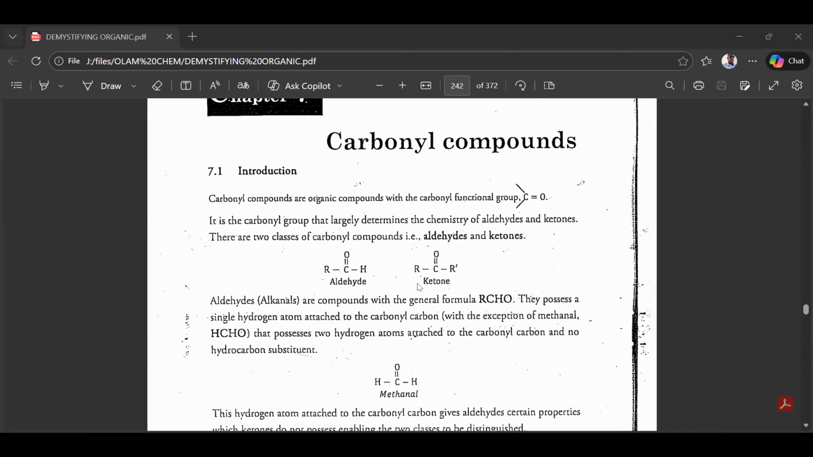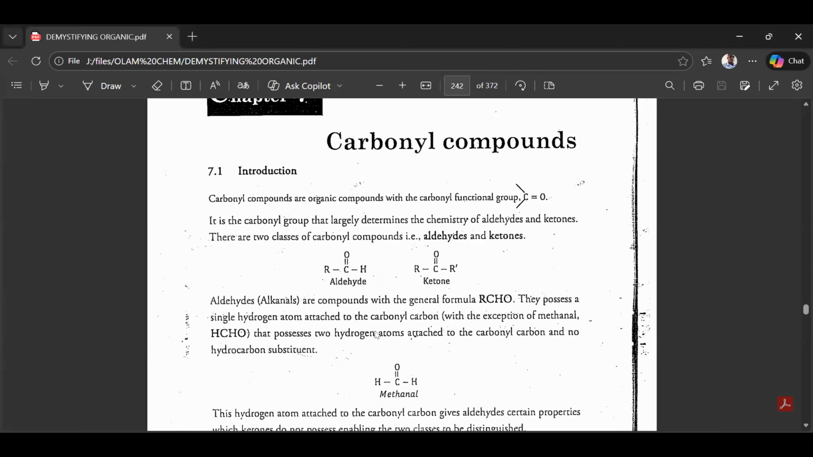So we can use any other oxidizing agent to distinguish these two. But we'll look at those tests later. Now, after understanding how ketones differ from aldehydes, and what aldehydes look like and what ketones look like,